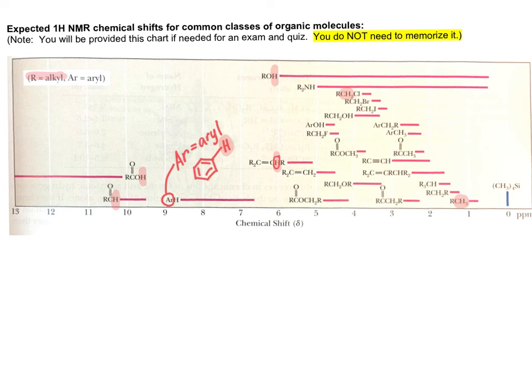withdrawing groups, keeping in mind that the effects of electron withdrawing groups in particular are cumulative. So if you have 2 different electron withdrawing groups nearby a particular proton, that signal is going to be more deshielded than would be shown by the chart, which indicates just that there's 1 chlorine or whatever electron withdrawing group we are talking about. So this chart is going to be extremely useful to you when we get to the